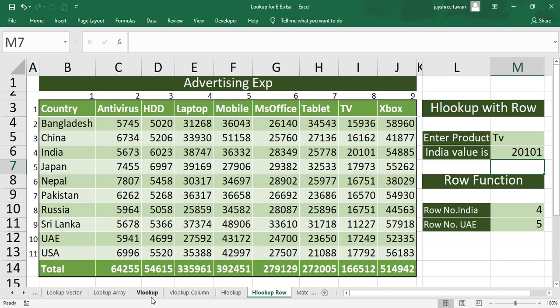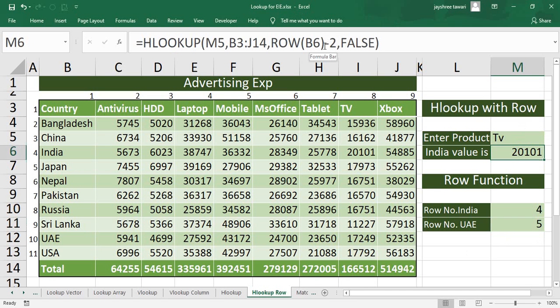Watch my next videos to know how you can remove this concept of writing the things manually. Even if you are giving a cell address of a row, this is not a practical way of working. So watch further videos to know how you can change this third parameter and have a more versatile formula. Thank you.